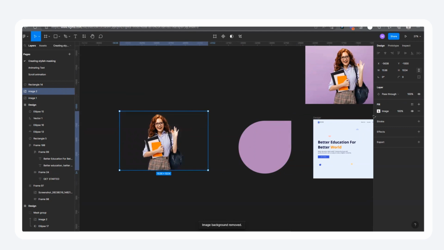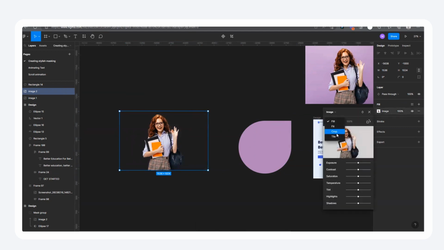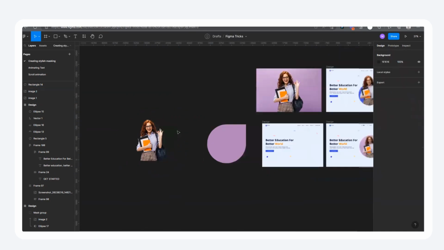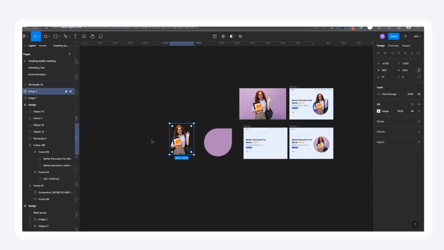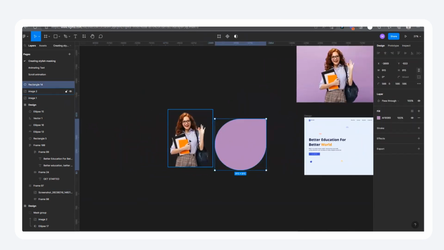Yeah, so it has removed the background, right? And then I'm going to crop it, because it has too many empty areas on the sides. So I'm just going to crop it to fit the image exactly. So now that we've cropped the image, I'm going to